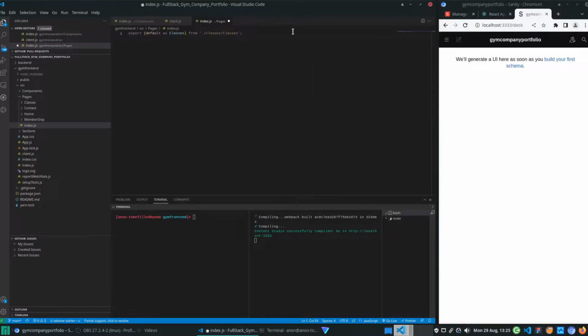Yep, and then we could alt shift and arrow key downwards. That usually works, but since I'm on Linux, the keyboard layout is switched, so I'm just